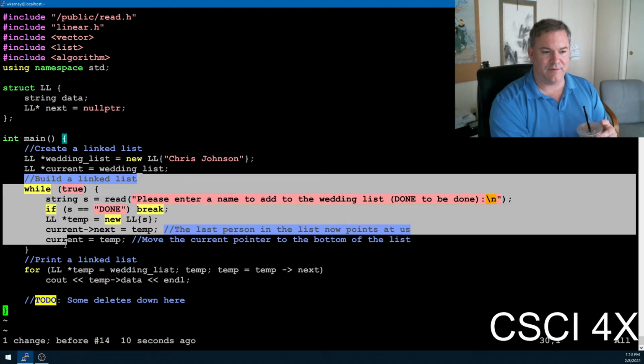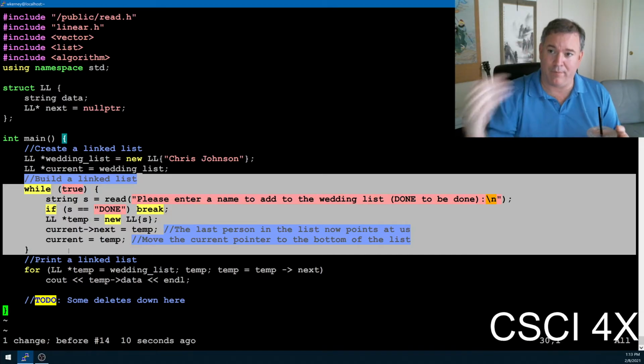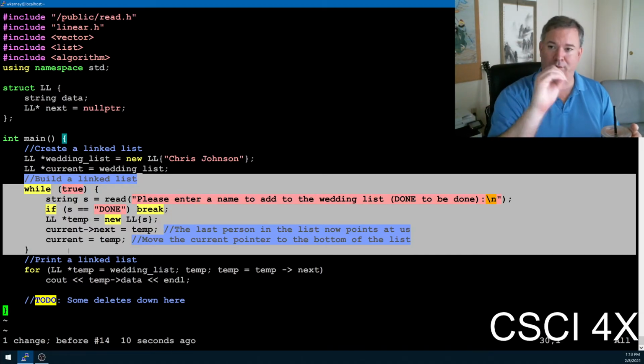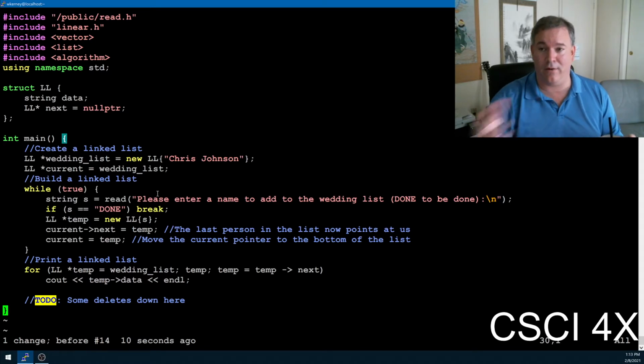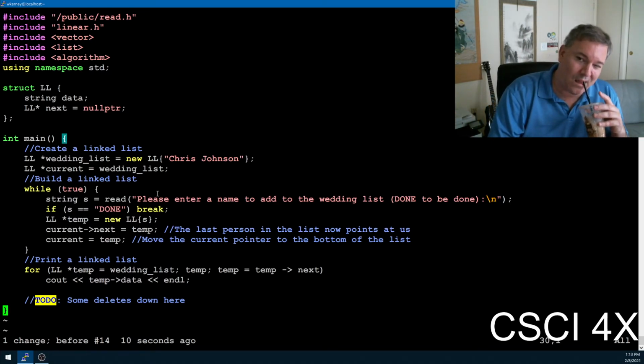Okay, so this code here is going to create a linked list. So this is the equivalent of the push back function, right? So in your supermarket code, you're going to be reading in a katana and pushing it back into a list. This is what the standard library is doing for you. You don't have to write your own list for this assignment. For the next assignment, I